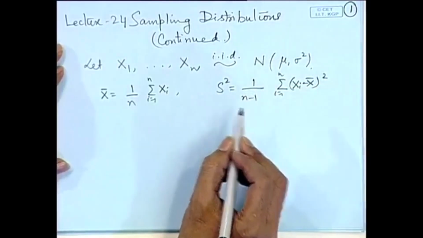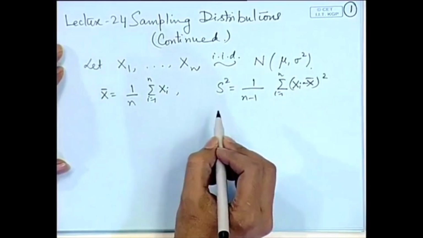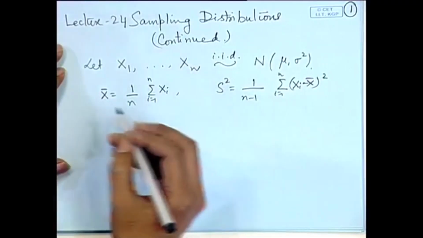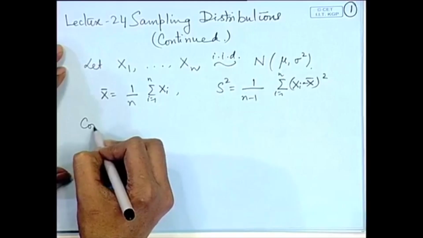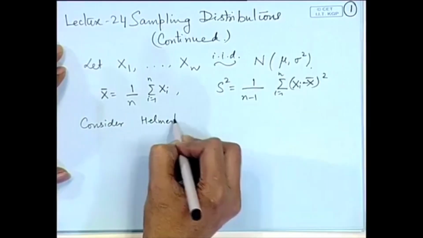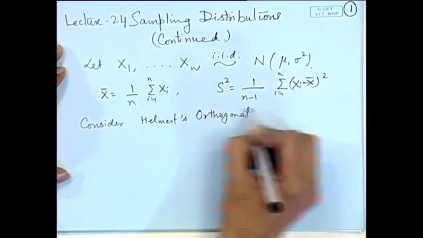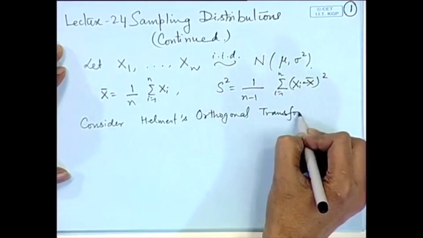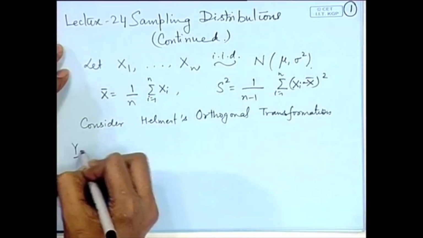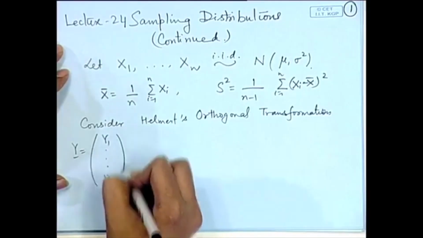So, the method of proof will be through transformation. We will consider a transformation of the set x1, x2, ..., xn in the following fashion. Let us consider the Helmert orthogonal transformation. Now, this is a special transformation given in the following fashion, that we define y equal to (y1, y2, ..., yn) as